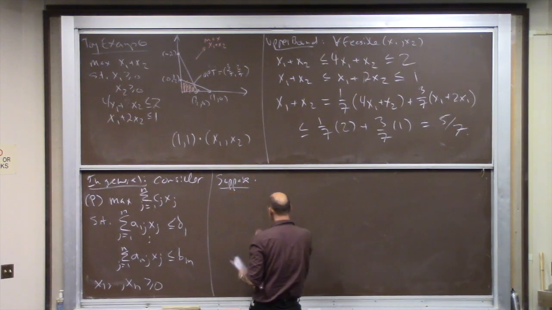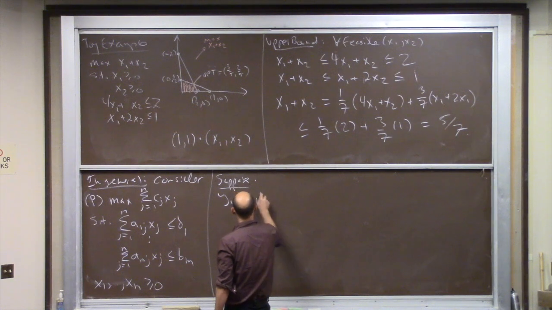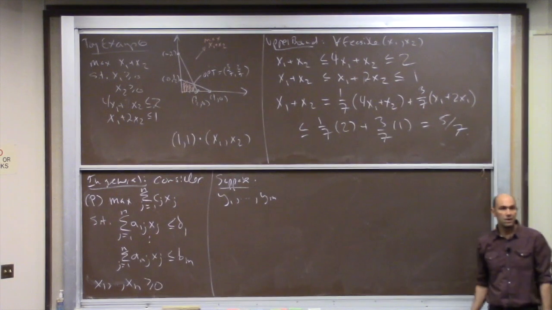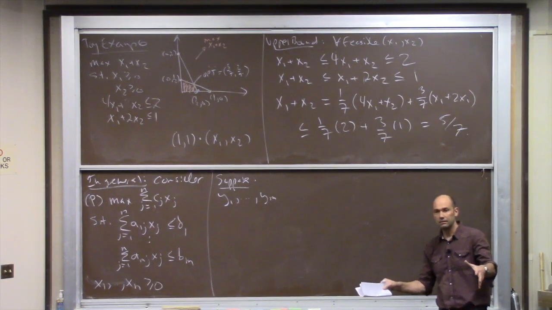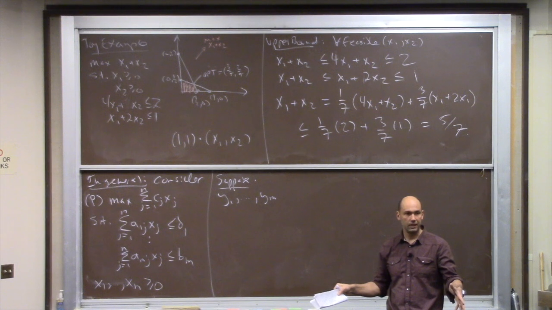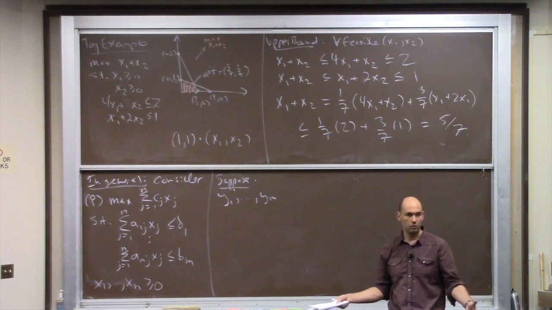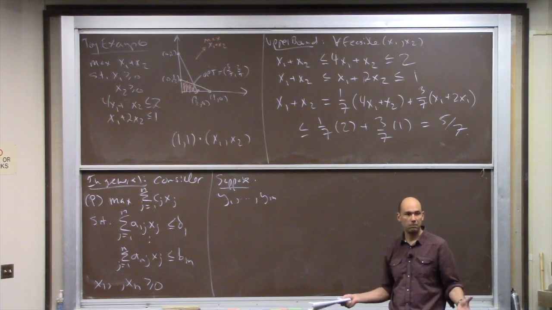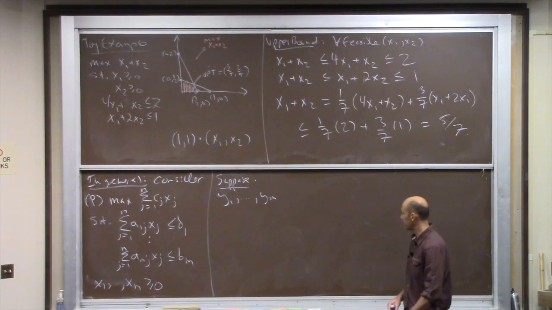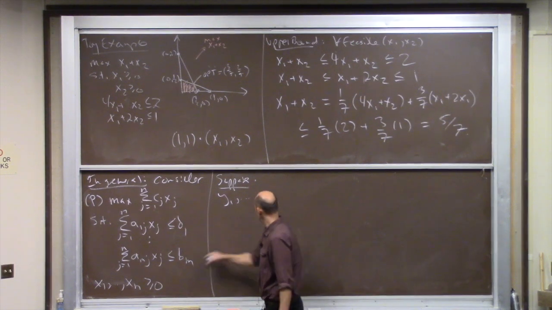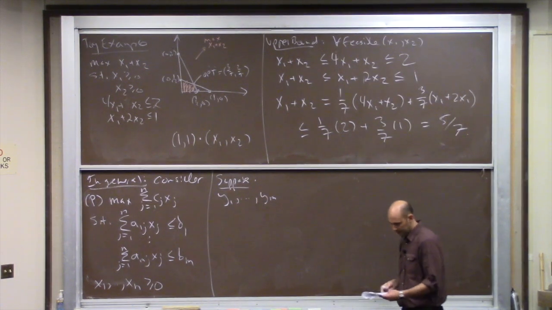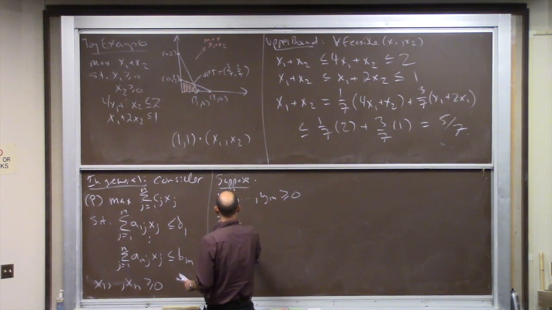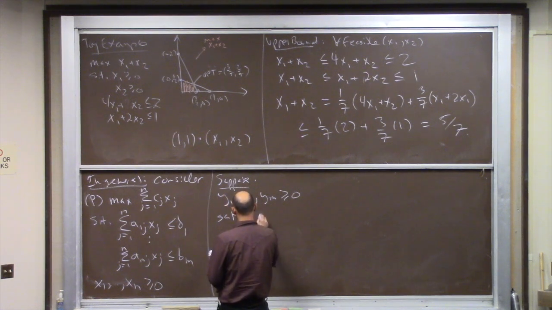So suppose, all right, what were we doing in these arguments? We were taking a multiple of the first constraint plus a multiple of the second constraint, and we were playing around with what multiple we should use. So we're going to have y1 through ym. These are just going to be those multipliers on the constraints. Because there's m constraints, there's going to be m multipliers. So suppose you have non-negative multipliers that satisfy